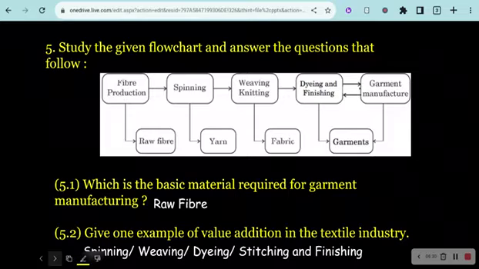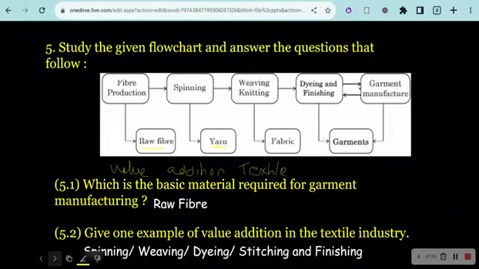Next one. Here you look, we have a flow chart given and two questions are based on it, 1 mark each. Right? What is this? Actually, this is the value addition in the textile industry. Correct? This shows us the value addition in the textile industries. All right, so look over here. Fiber production, then spinning, weaving, knitting, dyeing, finishing, then garment manufacture, right? Then fiber, it is a raw fiber, correct? Spinning is what makes yarn, weaving, knitting, we get a fabric, and dyeing and finishing, we get the garments,